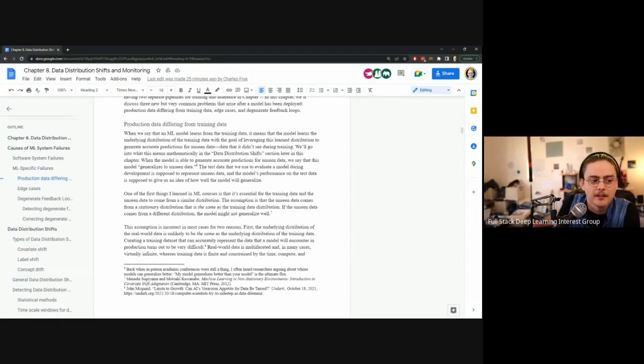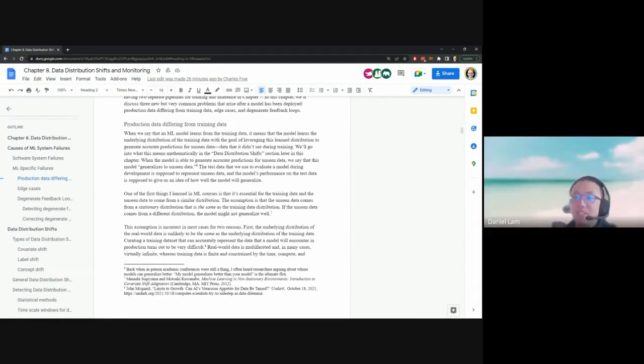Even MNIST, right, which was successfully used to make digit recognition software in the 90s. The MNIST data set is based off of a mixture of Canadian high school students and US civil servants, if I remember correctly. And if you deploy that into a digit recognition system, unless it only ever operates on those specific people, then the production data might be different than the training data. And that's not the same as it changing over time. Does it make sense? Yeah, that's fine.